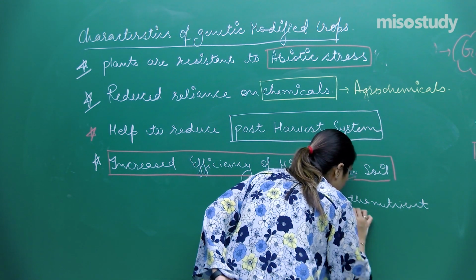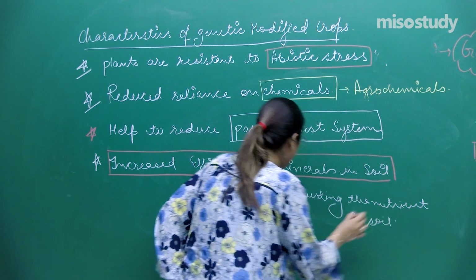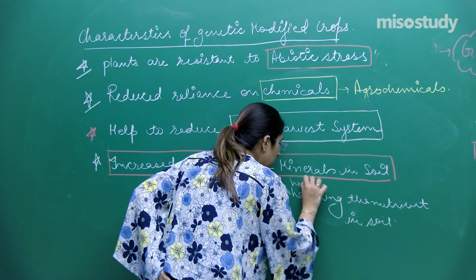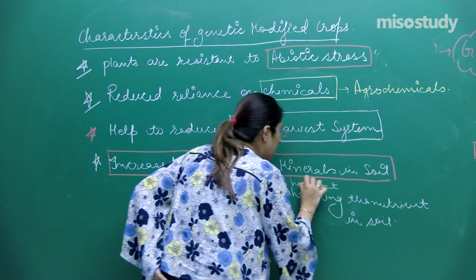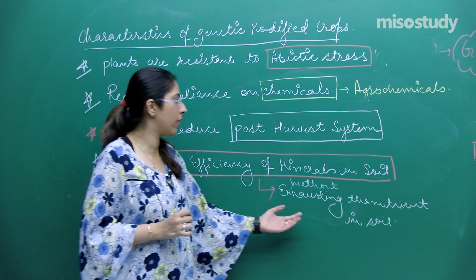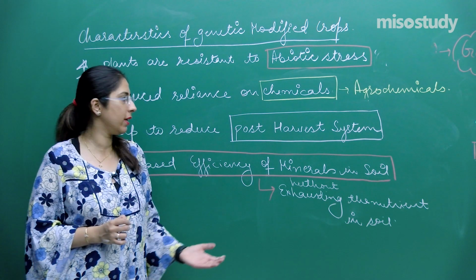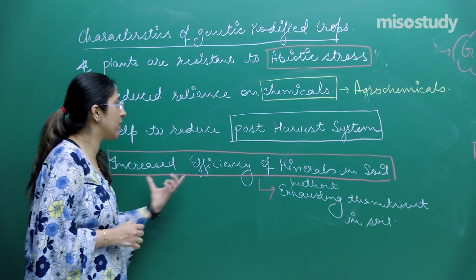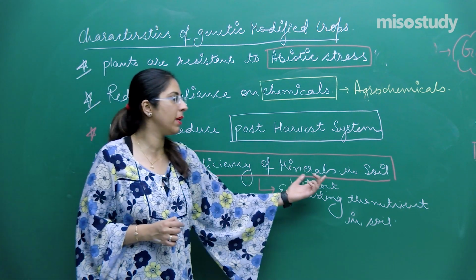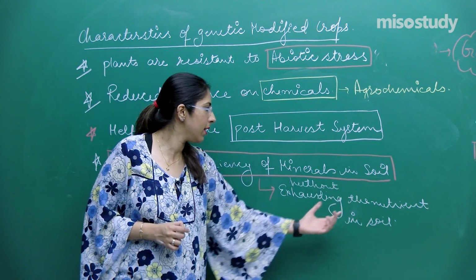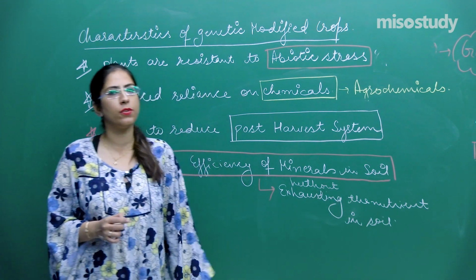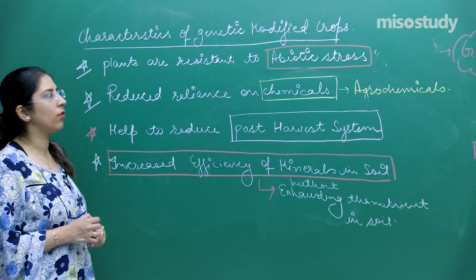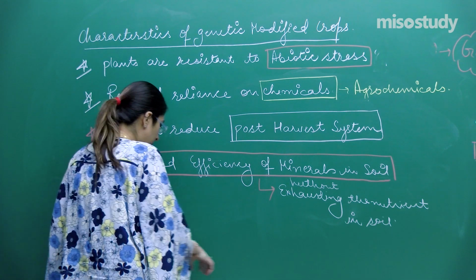So without exhausting the nutrients in the soil, we can maintain the nutrient quality, we can maintain the minerals in the soil, and this is the increased efficiency of the mineral usage, and this is very important as far as the genetically modified crop is concerned, right. Last but not the least,